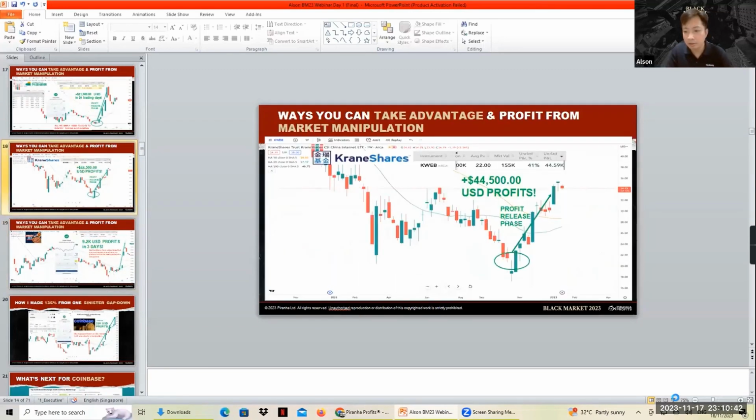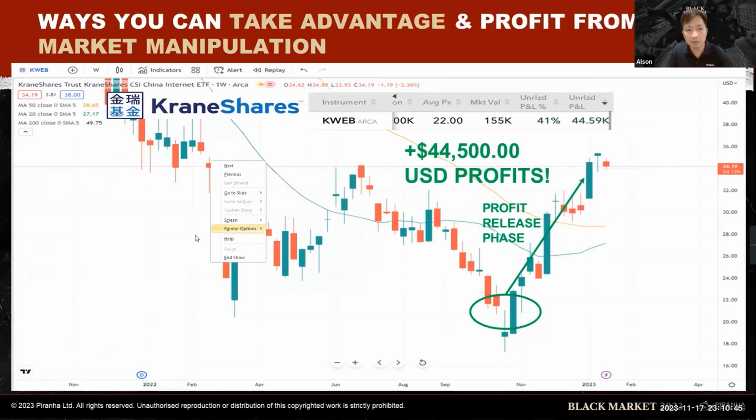Maybe I can show you guys this example, KWEB, here first. KWEB is actually the China internet ETF. So back in October last year, there was a lot of negativity on the Chinese market, just like now also. But now, the market maker has not yet shown a major signal to recover. Last year was very obvious because a lot of retailers actually sold on the bad news. You see the price keep going down. A lot of people actually sold at the bottom.